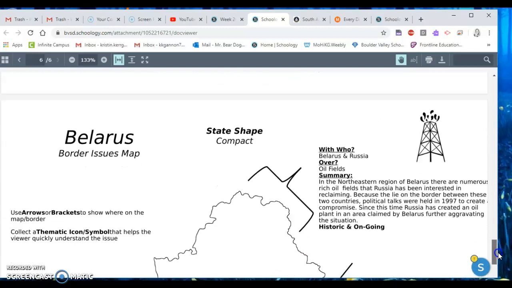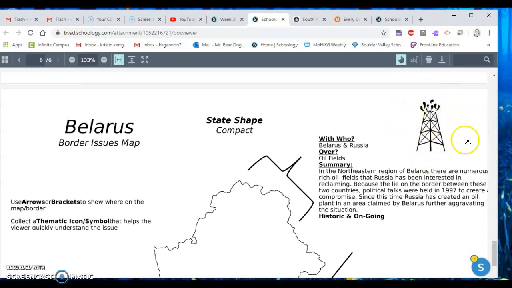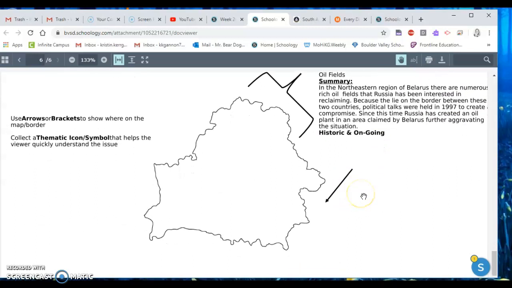And then you're going to illustrate. So a finished product would look like this. Here's Belarus. One of the problems is they have a problem with Russia over their oil fields. And where? Mostly right here in the northeastern region of Belarus. There are a number of oil fields, and they've had conflict with Russia because Russia has been trying to control those oil fields. And then the categorization is: is this historic, or is it going on? And Mr. DiCarlo and I want you to find a little clip art or a little illustration. Since it's a problem over oil, we have an oil rig here. If it was a problem over drugs, you would have a picture of some drugs. And for this assignment, you are going to have 4 problems illustrated around your country or in your country. Maybe one of